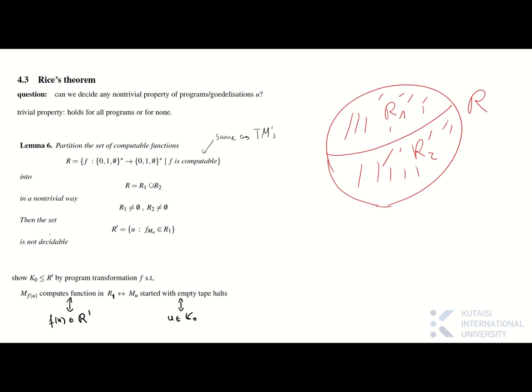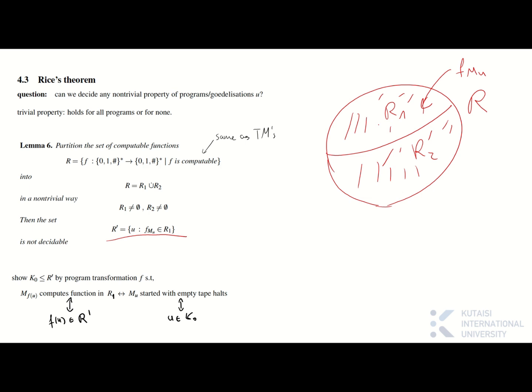So what I'm claiming is now that if I look at the set R prime here, which is all strings, that if I look at the string as a program, that is in R1. So these are all strings such that if I take a function that the string computes, the string is also a program. This is what MU stands for. It's a Turing machine with program. So string U, the Turing machine that string U defines, then this is a function that this program does something, right? So let's say I want to look at all strings as programs and the ones that are in R1,